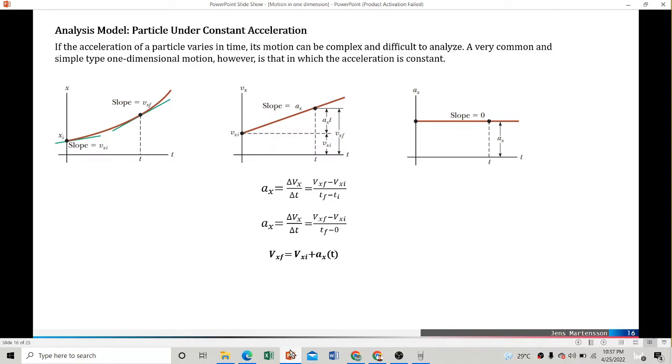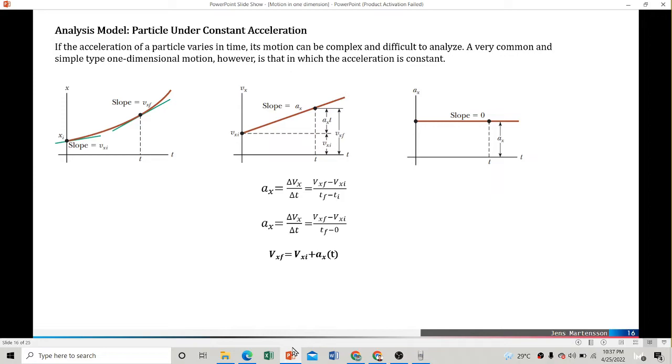In this section, we will discuss the analysis model for a particle under constant acceleration. If the acceleration of a particle varies in time, its motion can be complex and difficult to analyze. As we discussed in the previous section, we can observe that if we graph